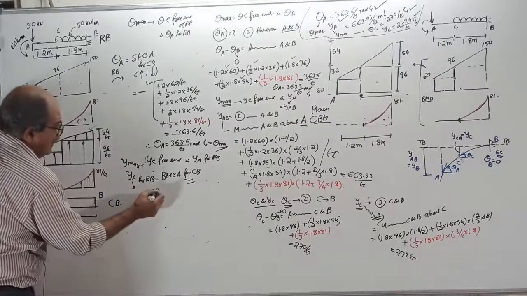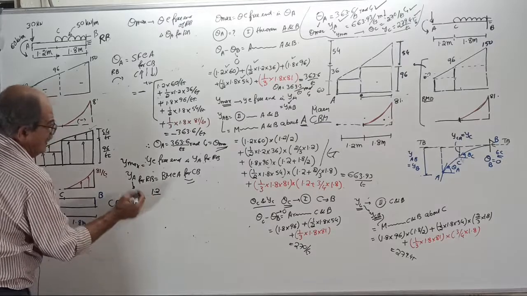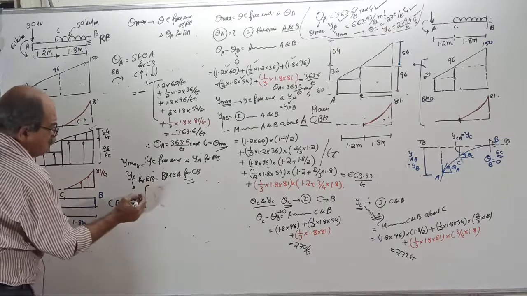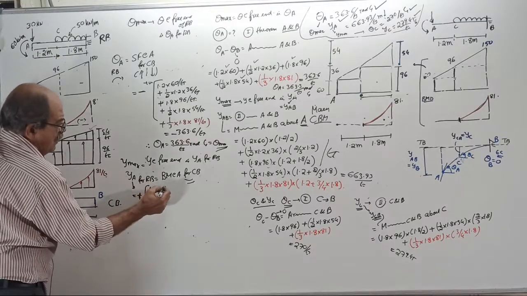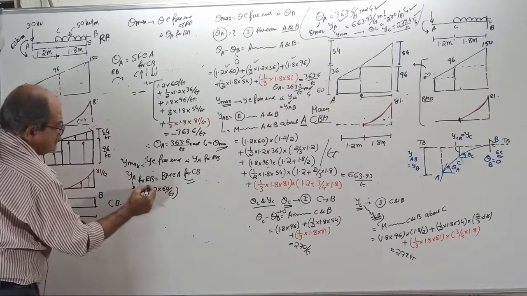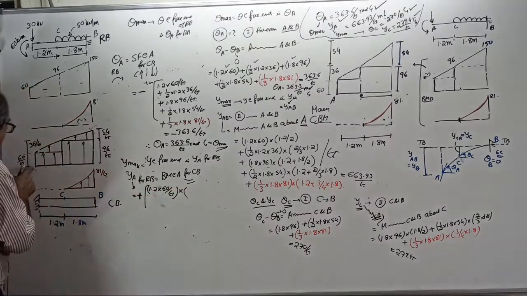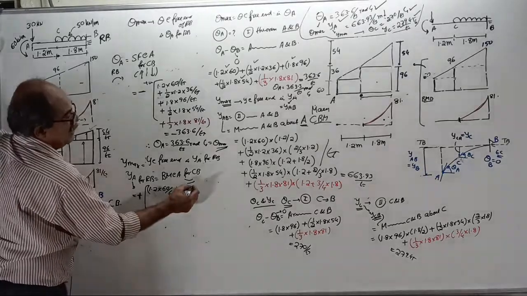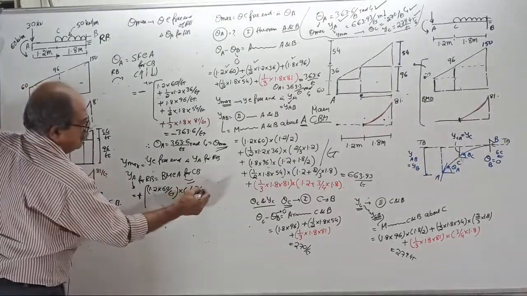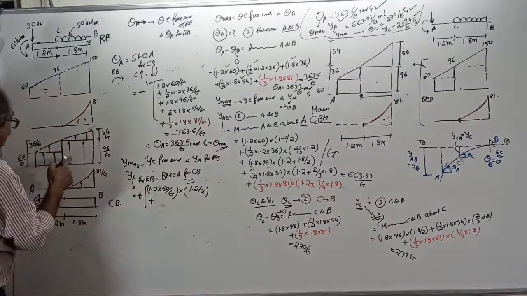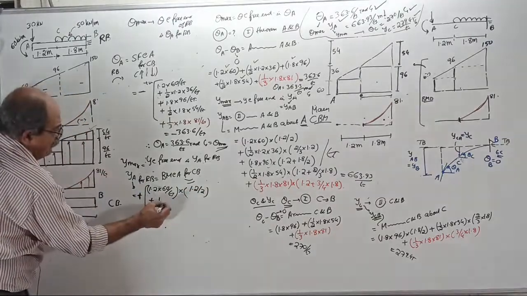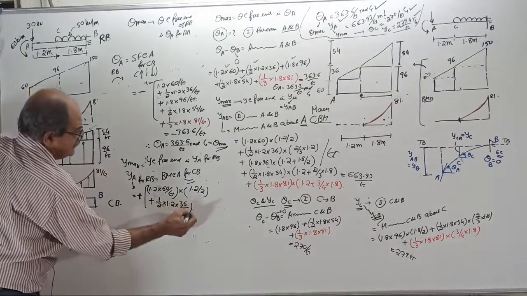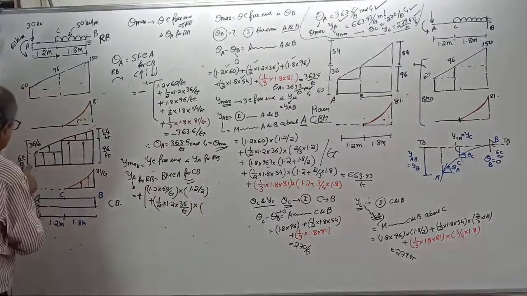1.2 into 60 by EI, all positive. Why? Sagging, all positive. 1.2 into, outside you can plus. 1.2 into 60 by EI is the total load into moment about A, half of 1.2, or you can tell what? 1.2 by 2 if you want. 1.2 by 2 plus this triangle, half into 1.2 into 36 by EI is next load into moment about A